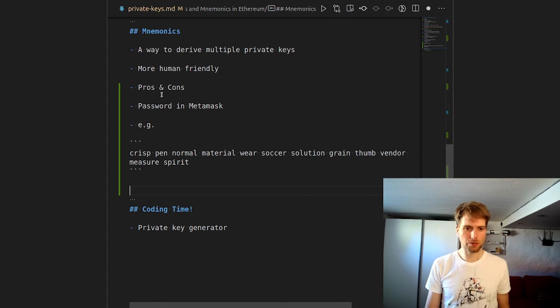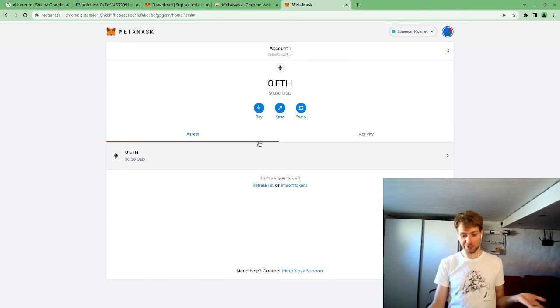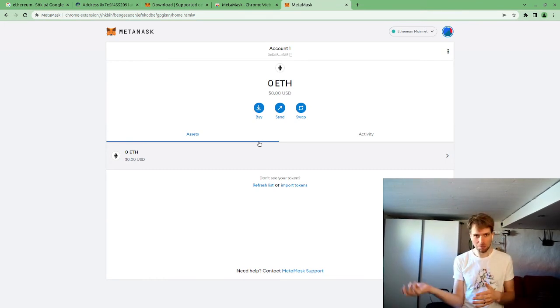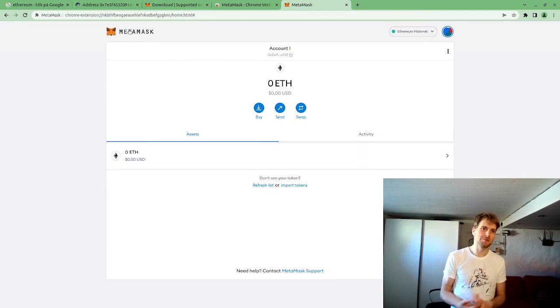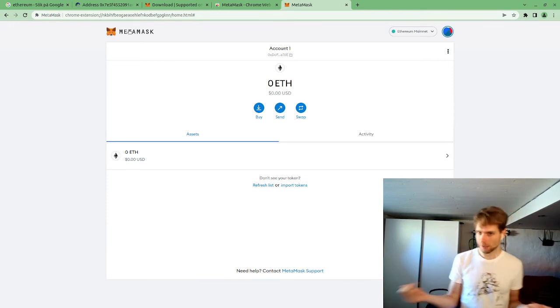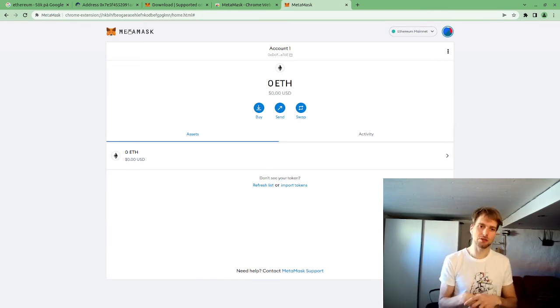Cool. And the last thing I wanted to mention is the password in MetaMask. What's that, right? We talked about private keys, mnemonics, public keys, addresses, but we never mentioned a password. But whenever you open MetaMask, it asks you for a password. So this wraps back to the beginning of the conversation. You put a private key into this plugin, but what does the plugin do with it? It needs this private key to sign transactions, so it needs access to it. It needs to remember it somehow,